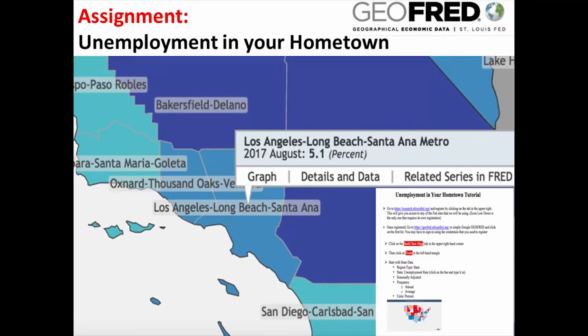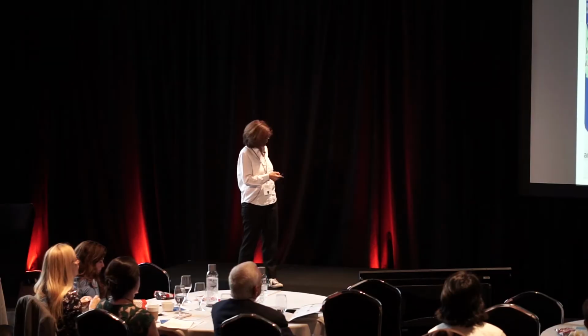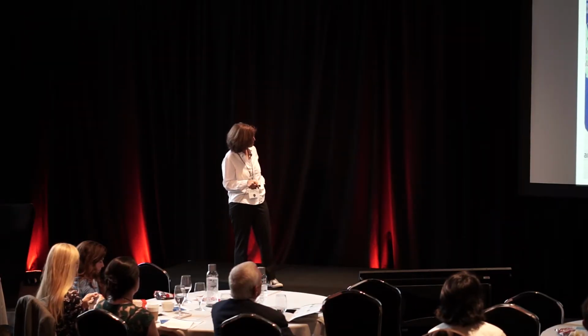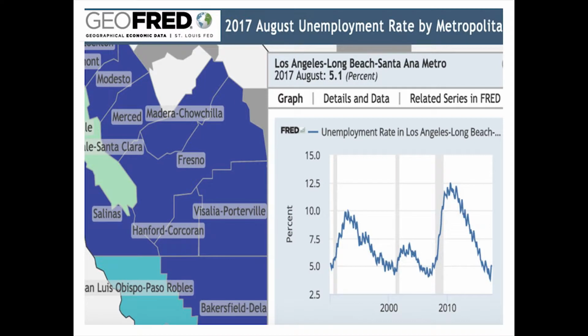And in the end, it's not that they have to hand in a lot, because one of the benefits here is that you can design it so that if they did it all correctly, there's one graph that they have to submit. And you can establish whether that graph is correct or incorrect. You can also move it and take it in different directions. You can have a writing assignment, another type of assignment, but I just do it to familiarize them with the data that they might be interested in, right? Here's just another portion of that. They can also look at the unemployment rate in their hometown over time, and you can have them talk about that. You can have them talk about it with respect to recessions, depending on where you are in the class.